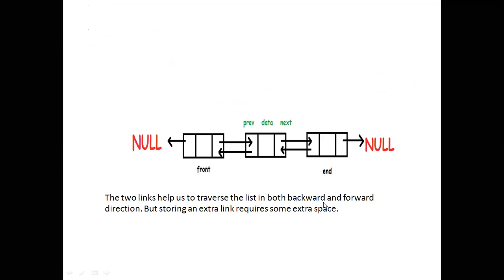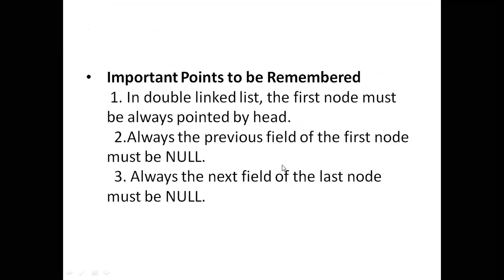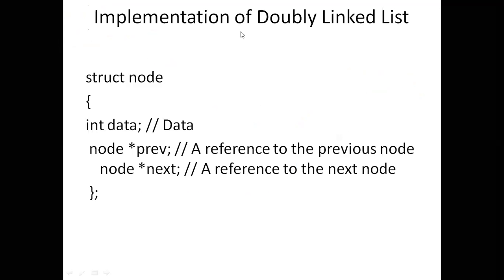So now we are in need of some extra space or what? Because for previous also. So now you check. Simply I can show this code and explain, you will understand. But if I explain that and you see this, you can be thorough, you will not forget. So struct node, int data, node star previous, node star next. No, that is your wish how to write. So star previous and star next: it is a reference to the previous node, and a reference to the next node. All of you clear? Everybody?